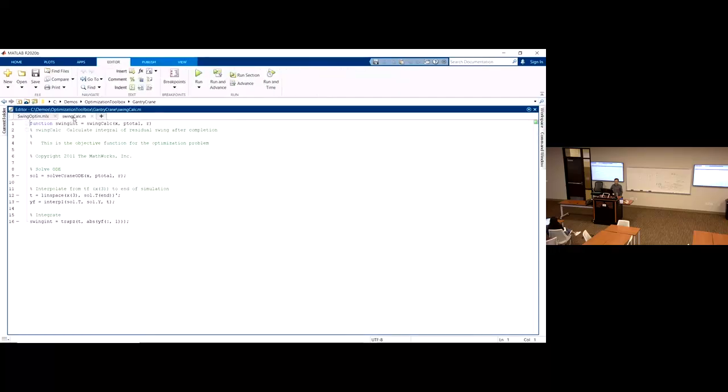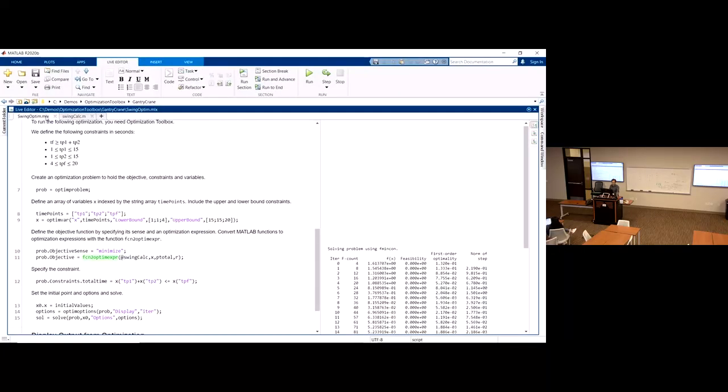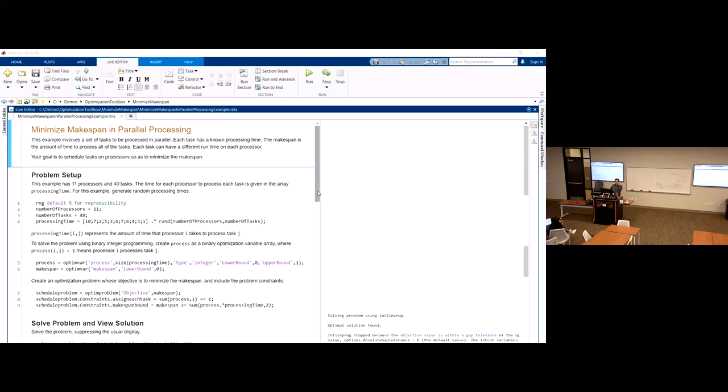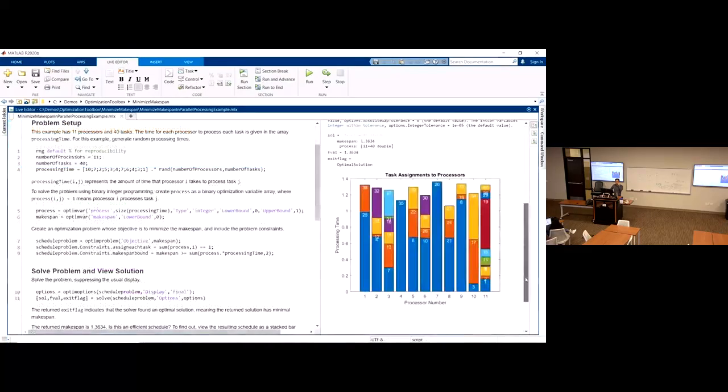This problem's objective function requires solving an ODE. We can convert this to an optimization expression and use it in the problem to be optimized. You can add integer constraints to linear problems involving variables which must take on integer values. This includes when the variables represent a yes or no decision, like whether a process is assigned to a processor